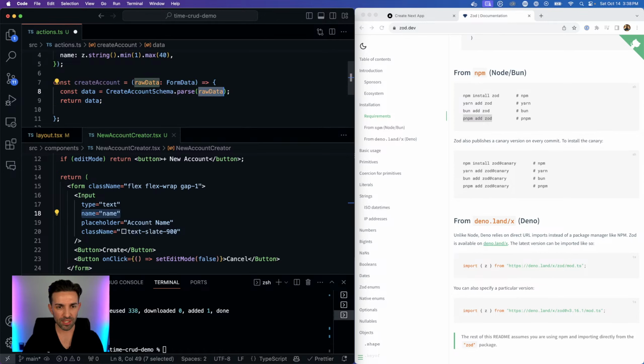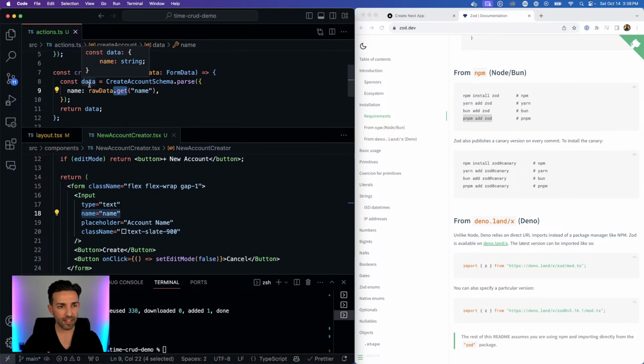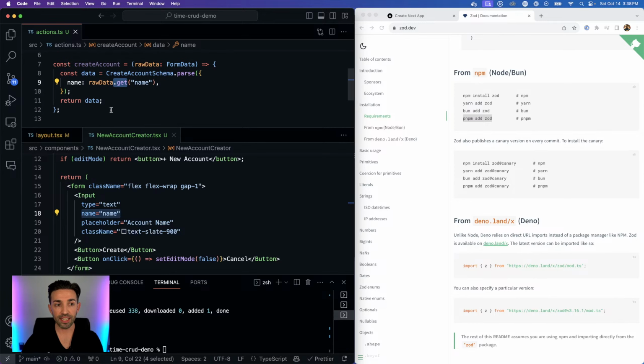But we do need to transform this a bit. I'm thinking there's probably a better way to do this, but I'm just going to manually create an object with a name key and get the name key off of the FormData object, because .get is how you get things out of FormData. Okay, now we have our data. It for sure has a string. It has been validated. Let us insert this into